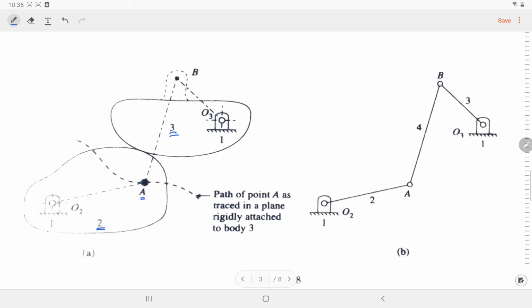That is this curve. So this dashed line is the path of point A traced from the body 3. And then we have to choose the center of curvature for this particular curve, in this region,